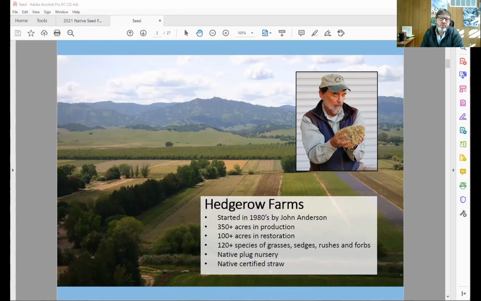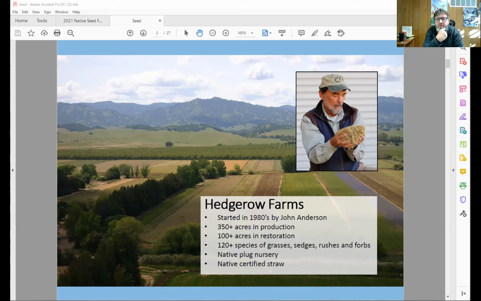And so it's because of what John did, both establishing Hedgerow Farms and producing the seed, as well as showing how habitat can be incorporated into a farm, that he became the first ever lifetime recipient of the Habitat Restoration Award for the California chapter of the Society for Ecological Restoration. Now, John, unfortunately, passed away in 2020, but his work and his legacy will continue on for many, many generations.